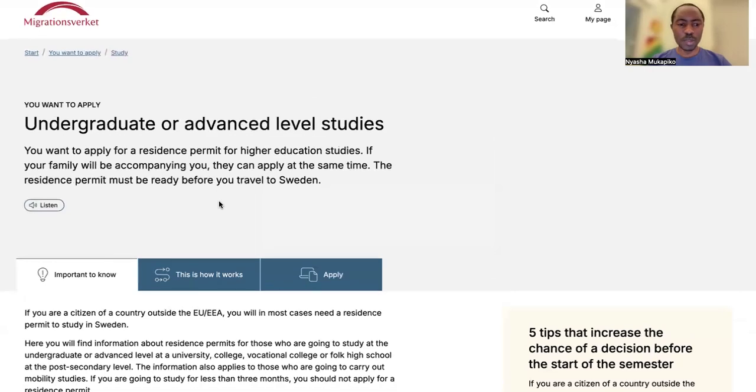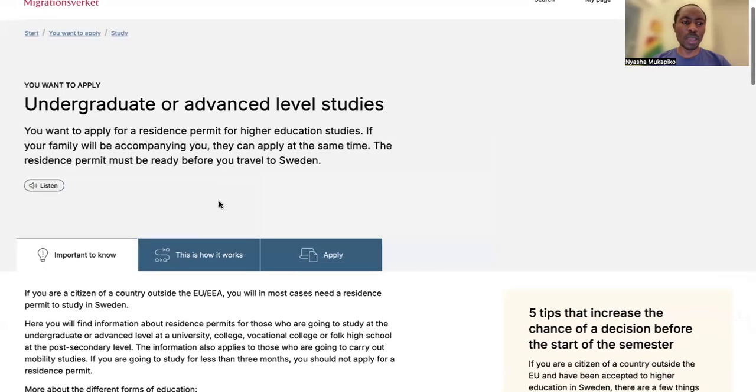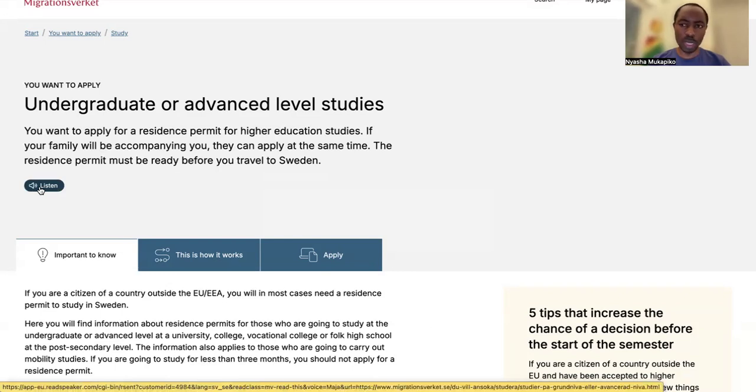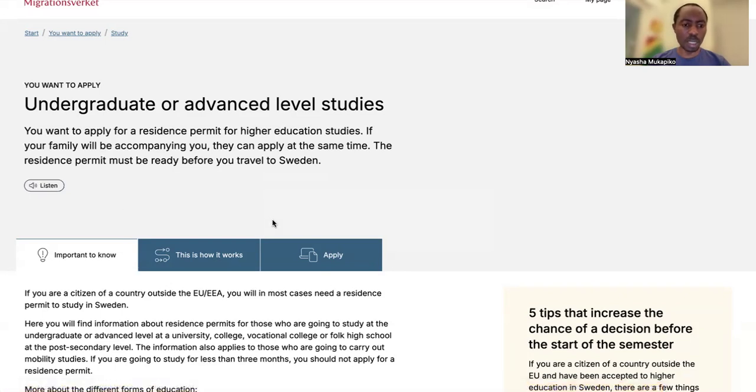And it will direct you to this dashboard where you find more information about what you need to apply for the residence permit. If you don't want to read, there's also an option here where you can listen to the audio, which is going to take you through the requirements needed for you to apply for the residence permit.